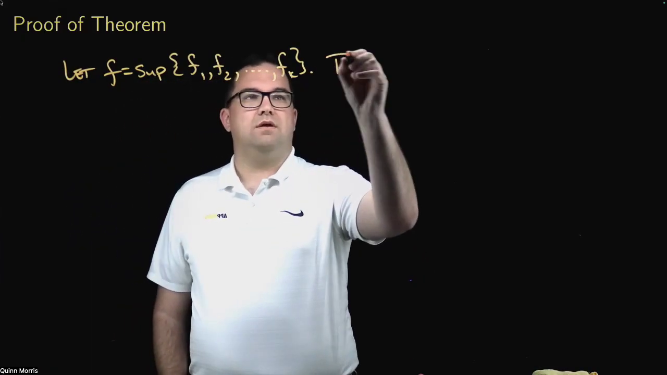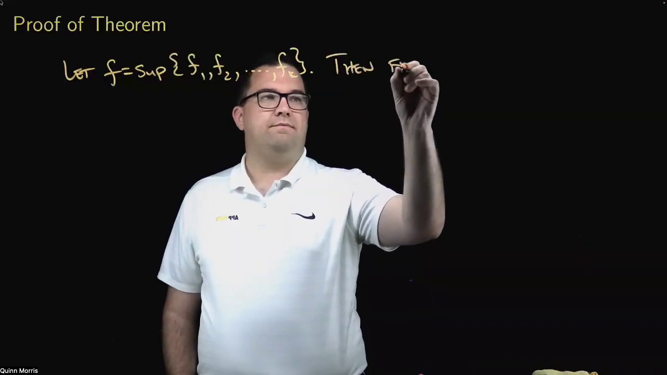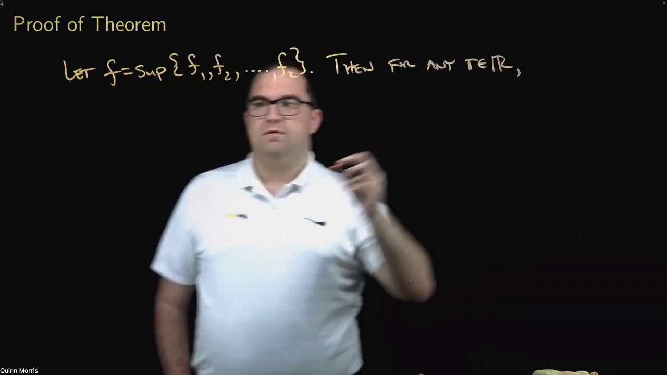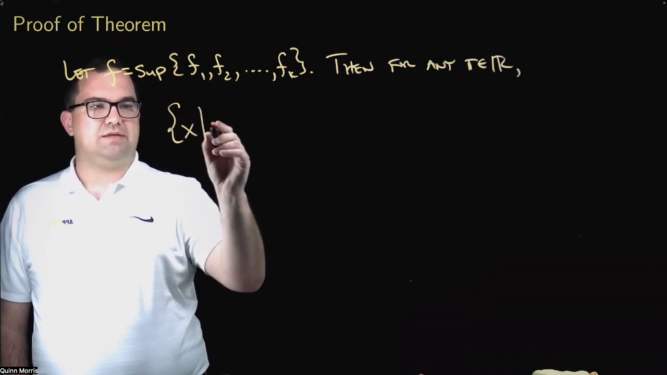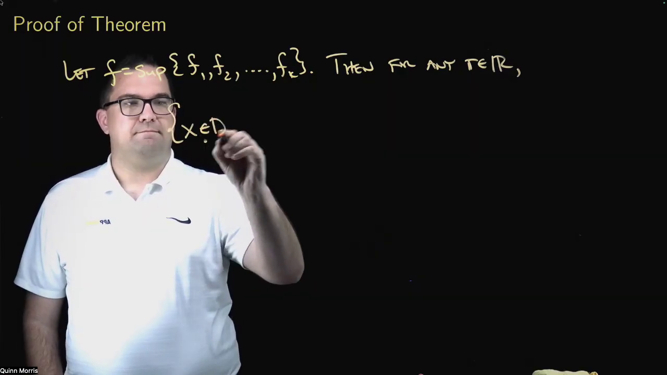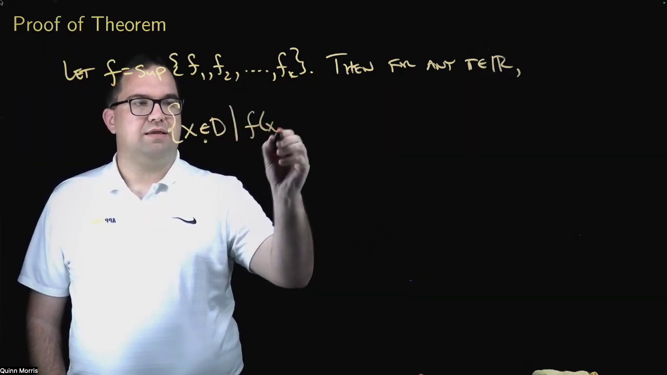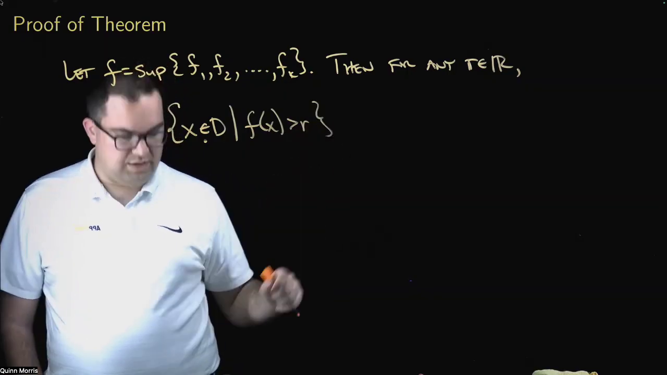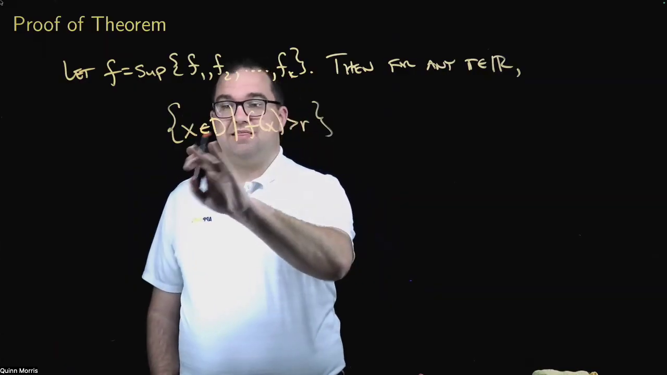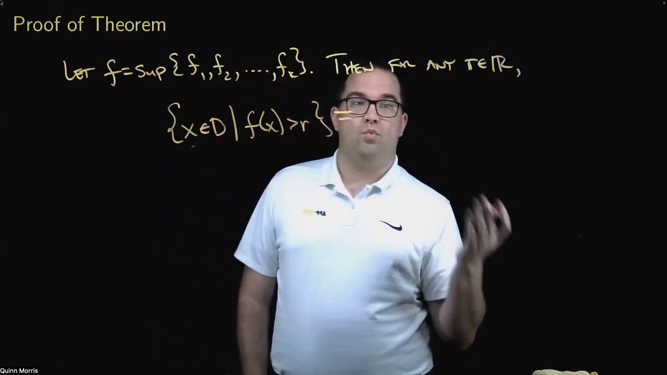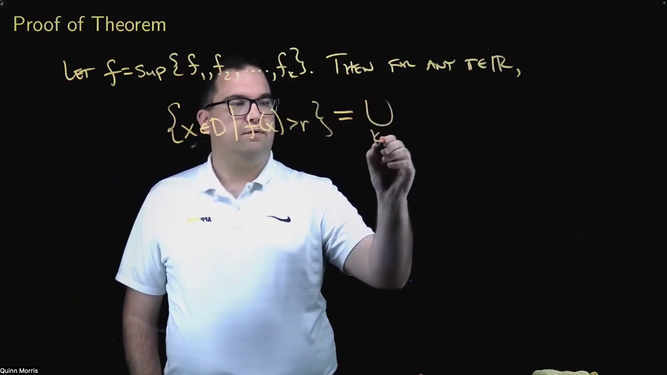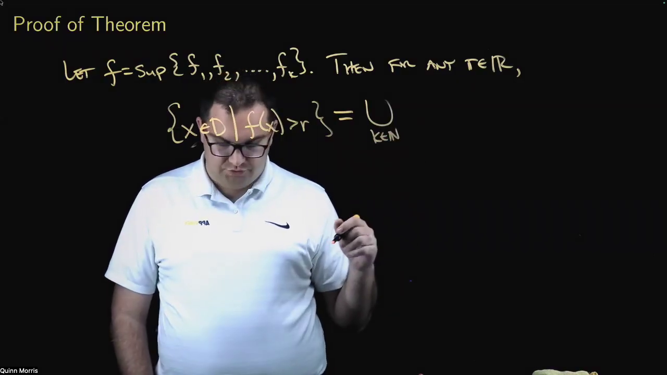Then for any real number r, let me look at the set of all x in my domain such that f of x is greater than r. I think here it's going to be a little easier to deal with. Again, I need to do some set theory here. I want to express this in a different way. And so I claim that this is equal to the union